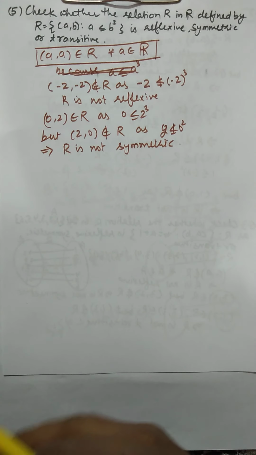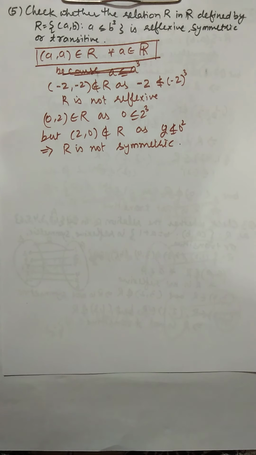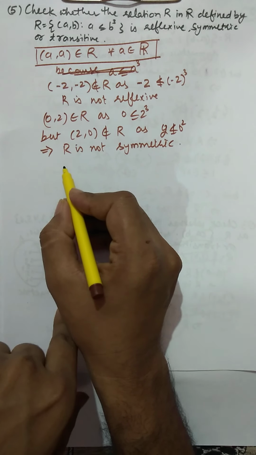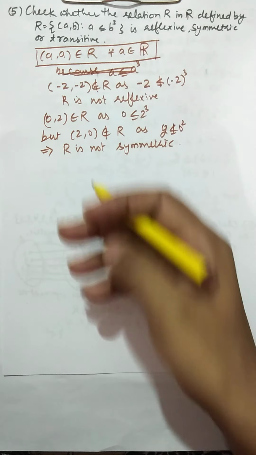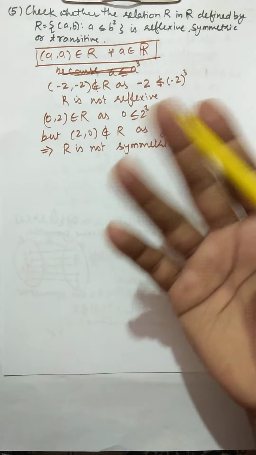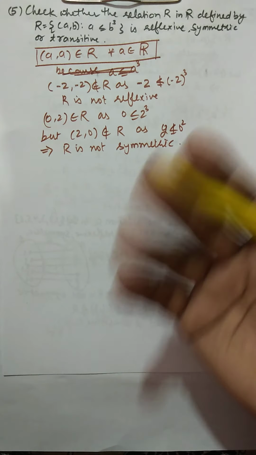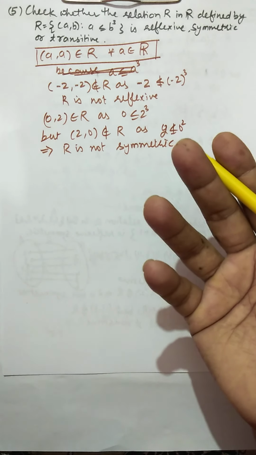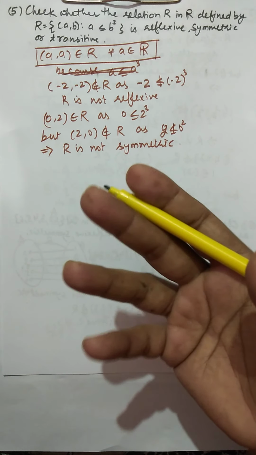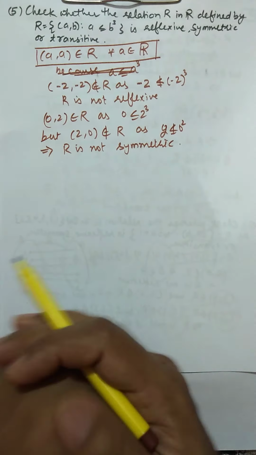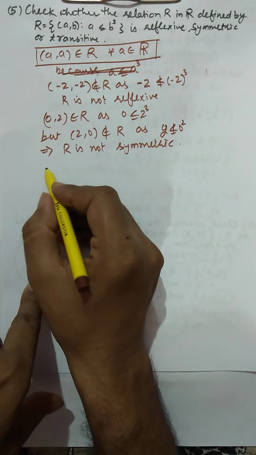And third, we have to show that this is not transitive. Again, we have to think of an example. There are many examples, but examples should be taken very carefully. For this particular question, I request you to remember that example, because in the examination hall you might get confused, and in a hurry you might forget something. So at least for this question, remember that example.